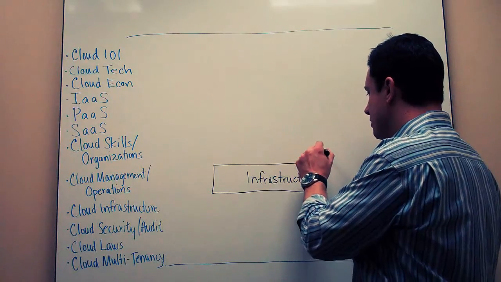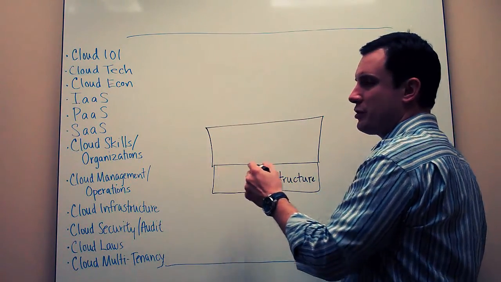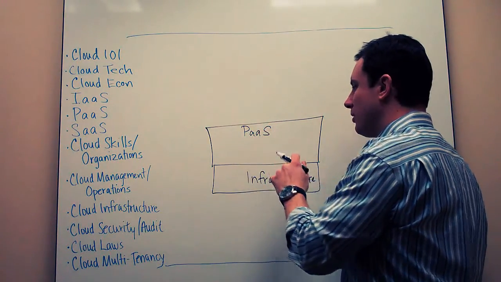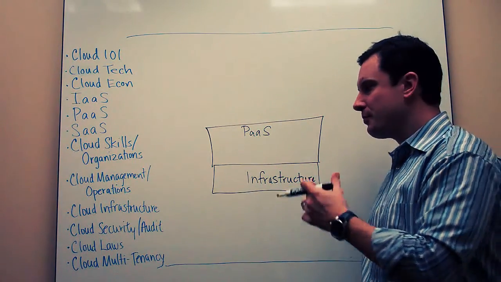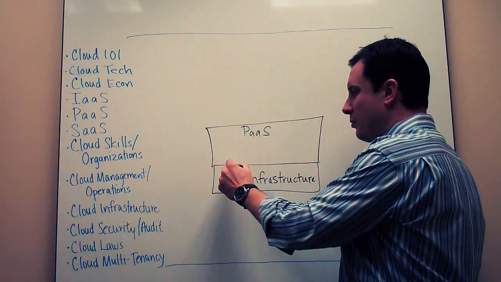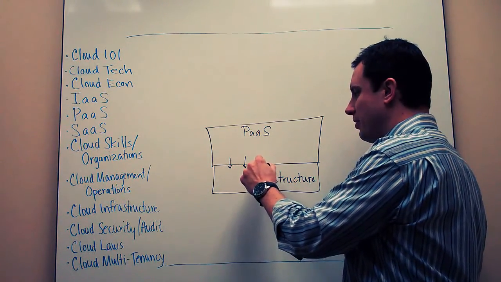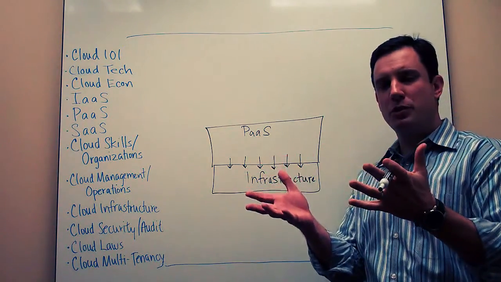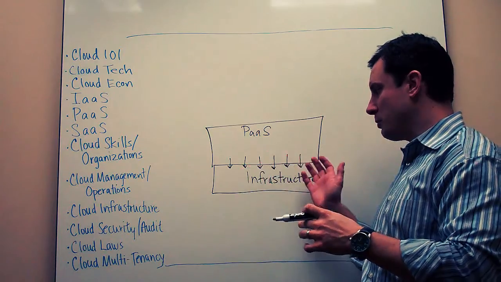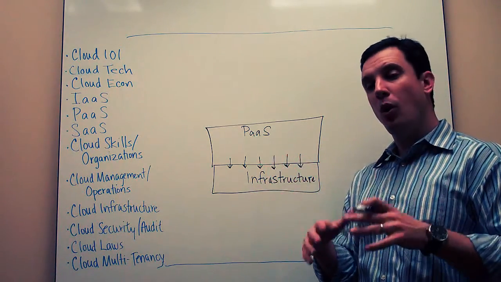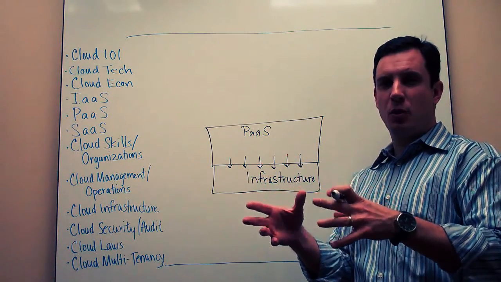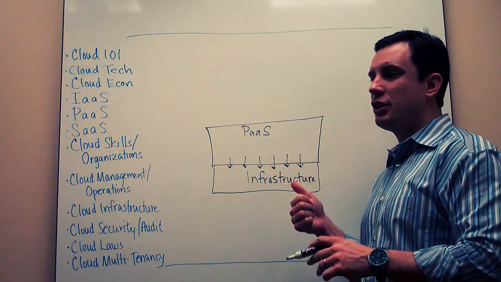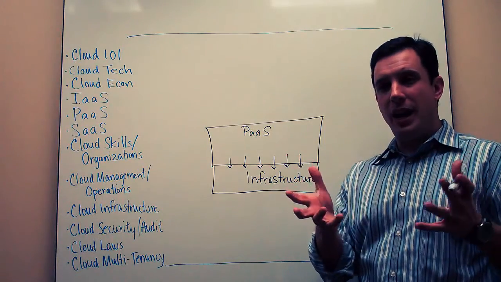And now with Platform as a Service, and I'll draw it a little bit bigger so we can include a number of things, within PaaS we're going to be talking about the way that it interacts with a number of things. The first thing is it's got to have ways to dynamically interact with the infrastructure, be able to request that virtual machine if we're dealing with an environment that serves up virtual machines, or just bare metal servers and storage and the underlying network resources. So it's got to be able to talk to the infrastructure, and it's going to do that through APIs.